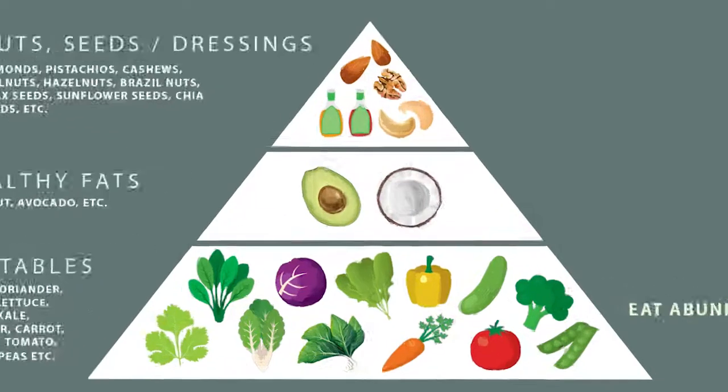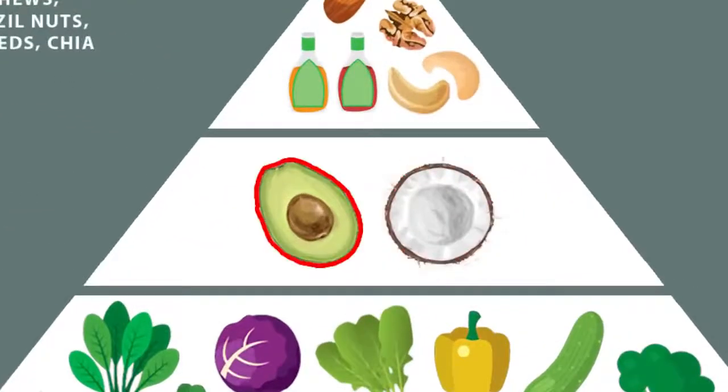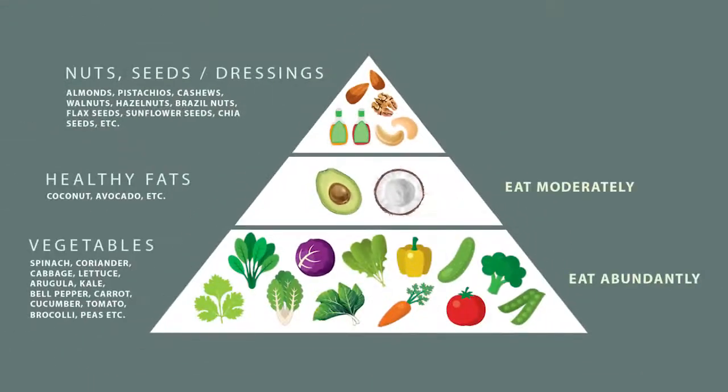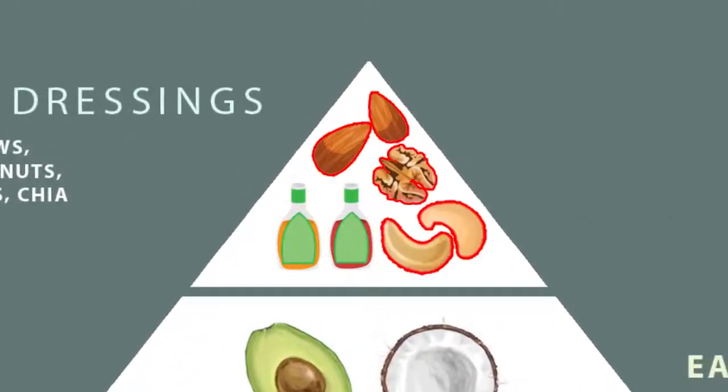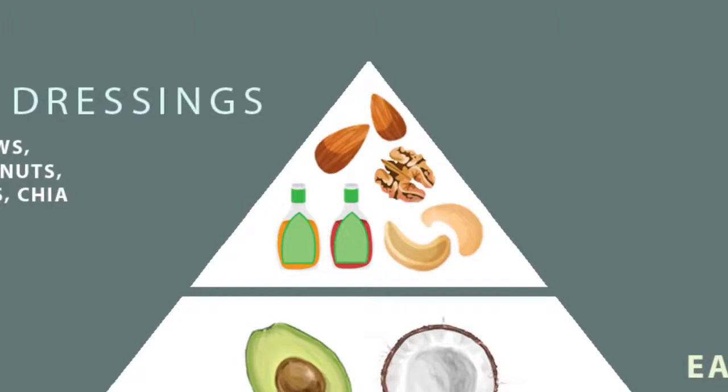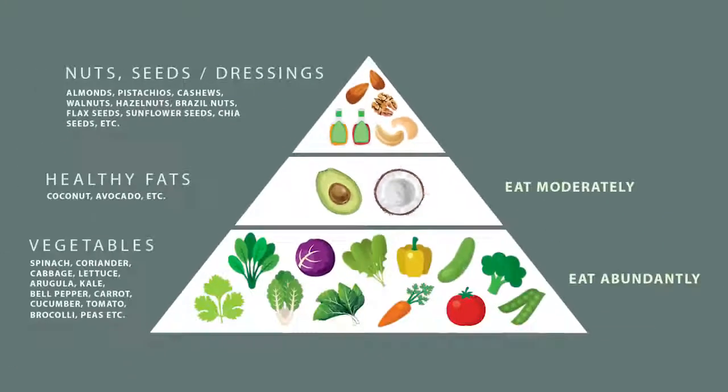Next up on the salad are healthy fats, such as coconuts or avocados. Use these moderately. Make sure whatever you're using is seasonal and regional. And last on top are dressings or nuts and seeds. These are there just to add some fun and texture to your salad. Use these sparingly, in very limited amounts. Why? Because they're harder to digest. If you can, just skip them altogether, especially in the curing stage.